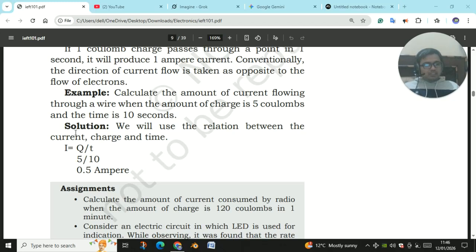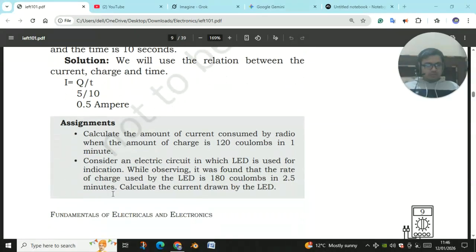Solution: we will use the relation between the current, charge and time. I is equal to Q upon T. 5 upon 10 is equal to 0.5 ampere. Assignment: